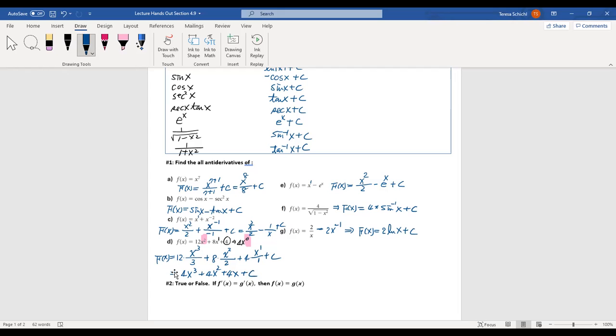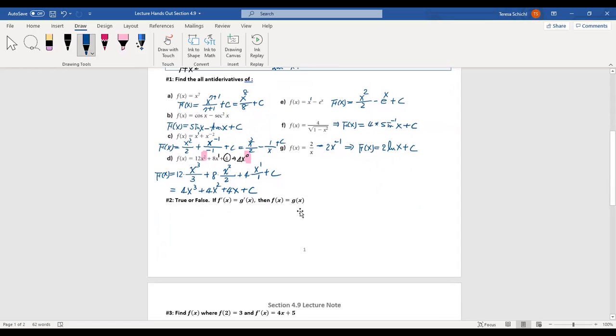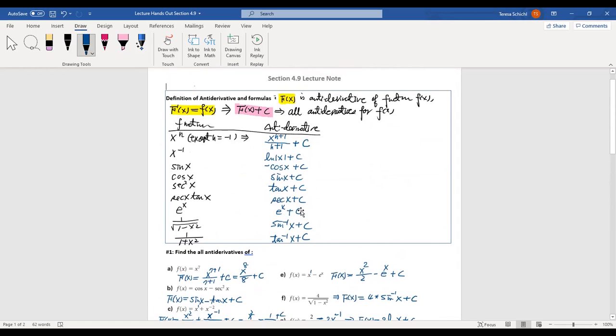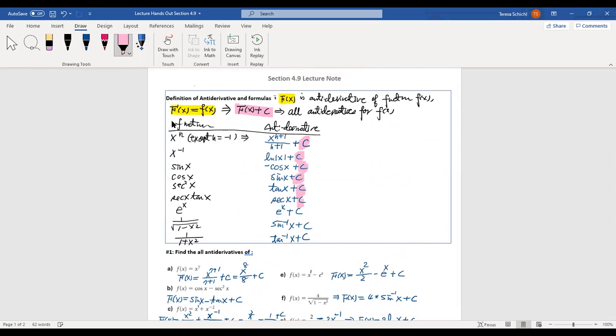All right. So like I said, you can always take the derivative of the capital F of x to see whether, after you take the derivative, it matches the lowercase f. Then you will know whether you got the correct antiderivative or not. So for everything here, like we said, you always have a c, because this is what we call the general solution